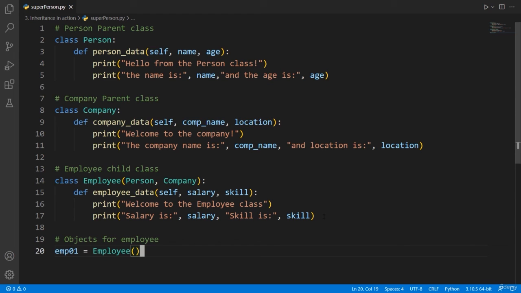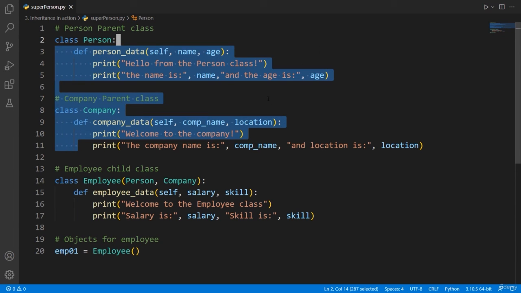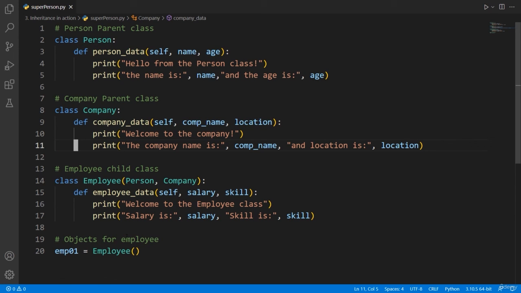And after that, after using this statement, you can access or you can display or perform actions based on the employee class, based on this instance here. By using this object, you can access anything from the employee class and also from the two previous classes we have here, from these two parent classes, person and company. So let's call this method,